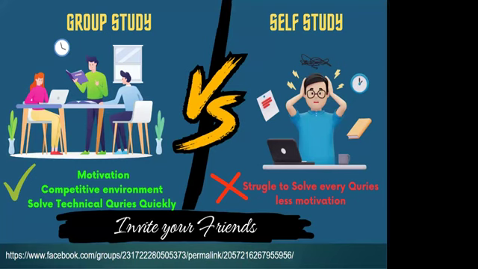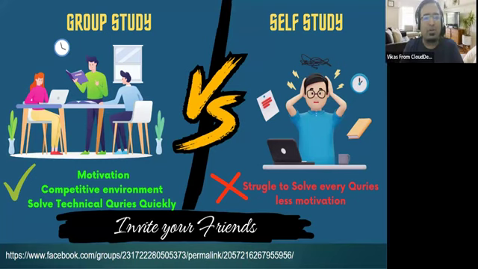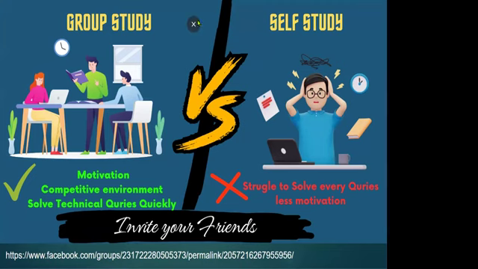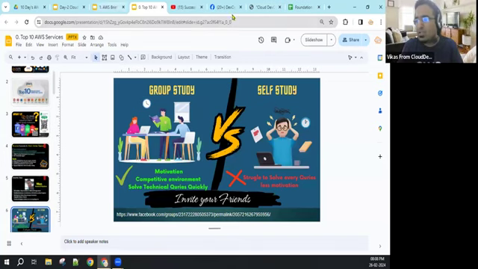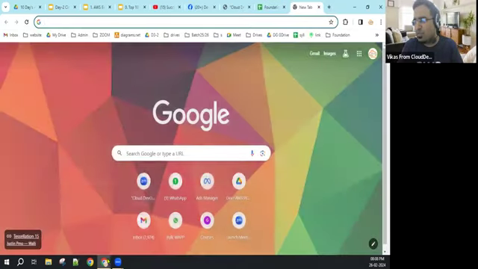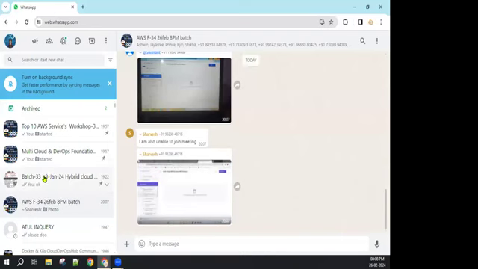Because if you don't ask the question, people will not get to know that you are facing a problem. It can be technical, non-technical, whatever it is. If you are part of a group, you have to ask. The same thing happened in my other groups as well. I can show that. My WhatsApp is not open, let me check it. Yeah, my WhatsApp is open here.